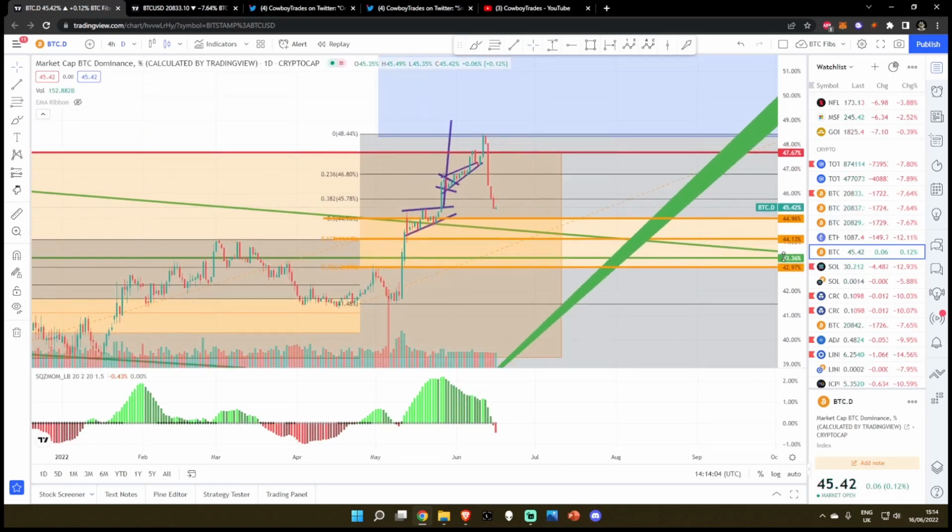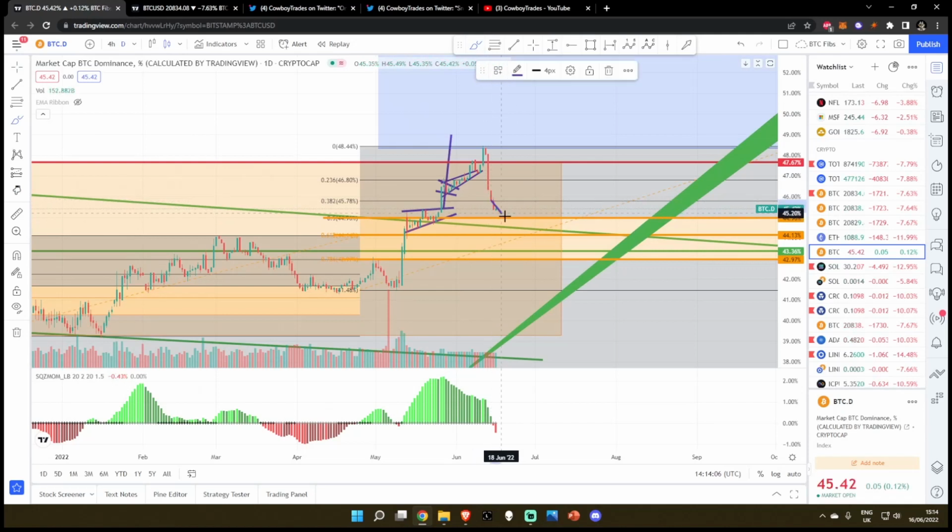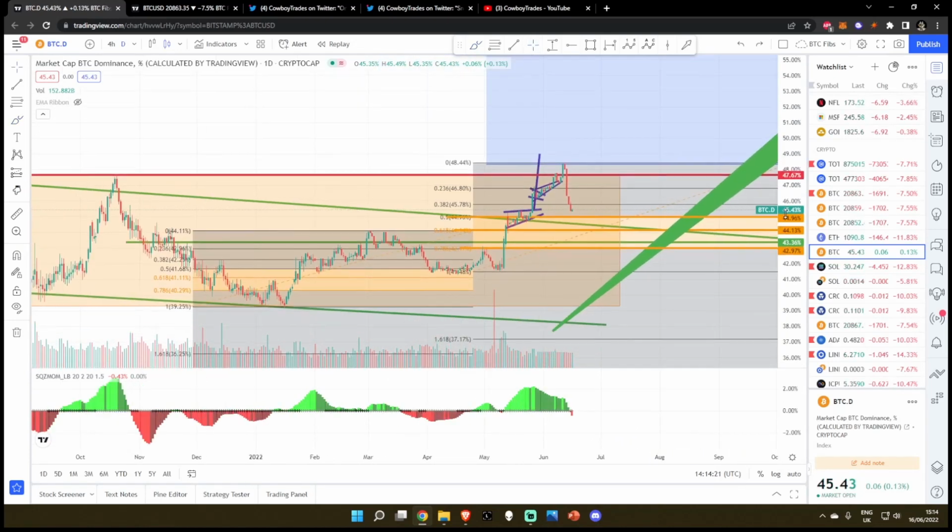So I really don't see the Bitcoin dominance going any lower than, once again, 42.98%. And even then, I would be very surprised if we didn't do something like this, or this, rather than coming all the way down to these lower price targets, not price targets, well, because this is basically an index. So percentage targets down here to 43%. However, like I said, Bitcoin dominance still on a massive rampage.